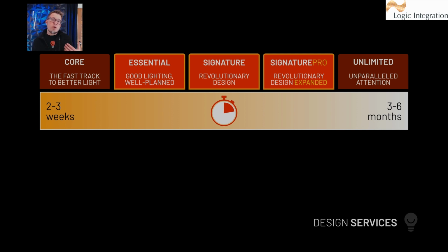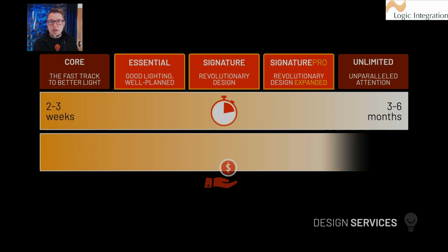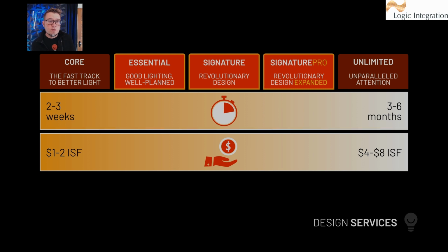Cost also, and this is cost for the design service. We use a term called illuminated square foot, which means basically anything that's under a roof, anything that's under a cover. That could be all the interior conditioned space, it could be exterior living areas, storage areas, garages, etc. So all of that fits into it. And for Core, it's usually around $1 or $2 a square foot at the low end, and at the high end, in Unlimited, you could be talking as much as $8 a square foot,